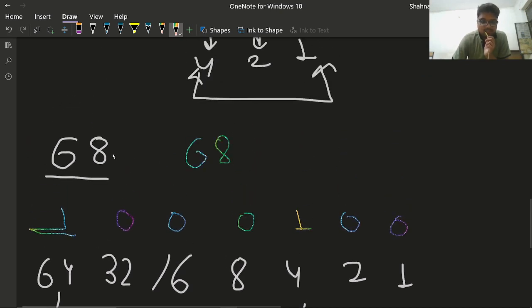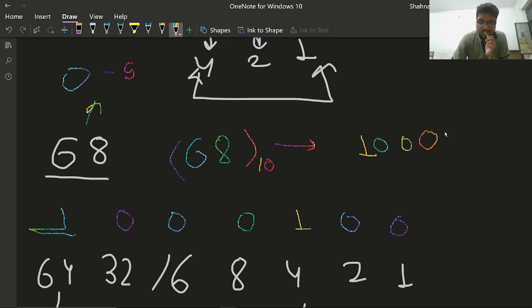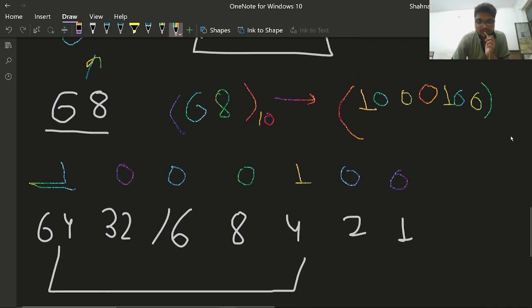See, this is the decimal number system. In the decimal number system we use digits from 0 to 9. Here we are doing the same, so it is represented by base 10. And this is the conversion symbol. When we write in binary, first let me write the binary equivalent of it. This is 1000100. Now, in the binary number system, please write here 2. So this is the binary equivalent of 68.